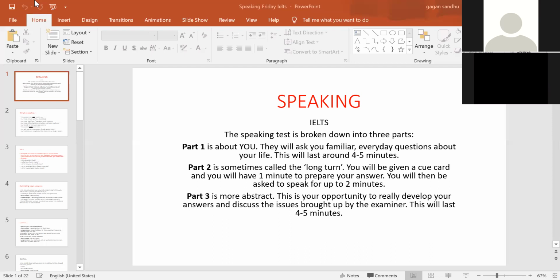And the longer you are continuously speaking in part 2, you have to be sure that you are not repeating yourself and not running short of vocabulary words or something like that. So the 1 minute is very crucial, where you prepare what to speak, how to speak, and what the logical order of the events will be, right? And you are not running short of ideas. It's very important, because sometimes the examiner wants you to go on until 2 minutes, right?